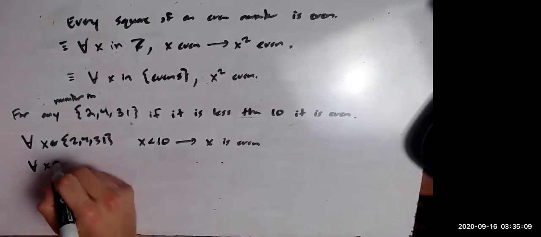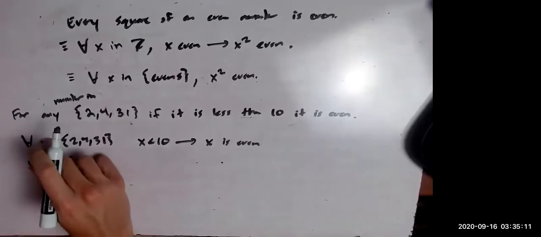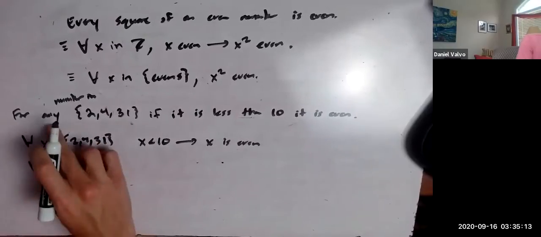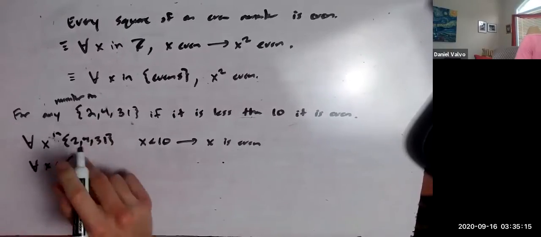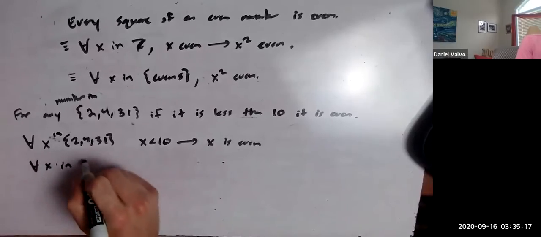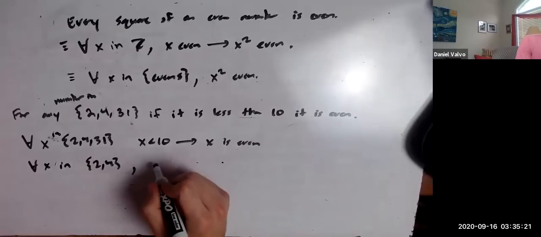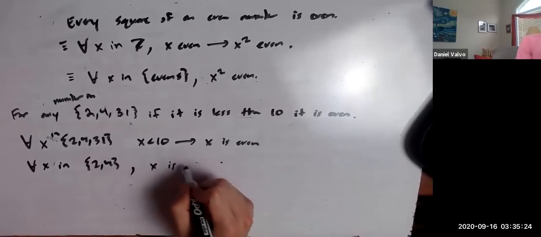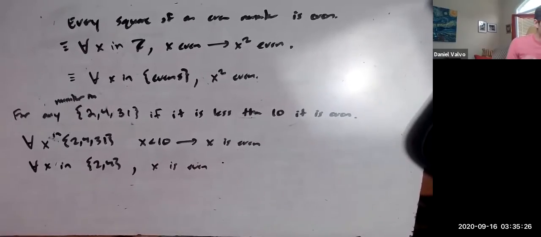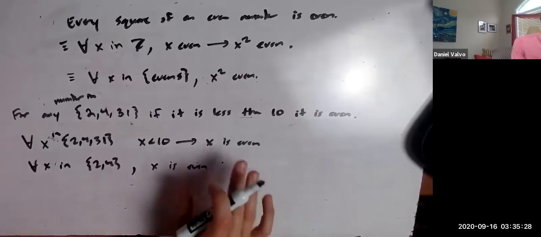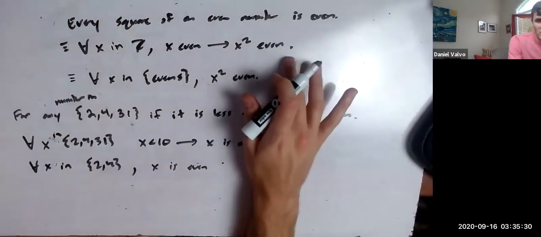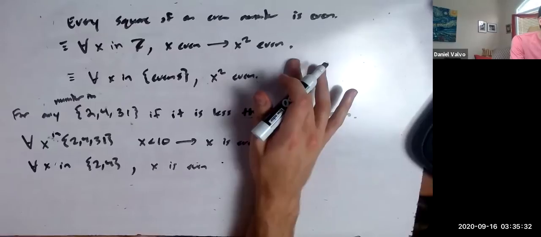You could have the domain just be 2 and 4. Yeah, you could just restrict the domain to begin with. For all x in 2, 4, x is even. The point is, if you have any universal conditional statement like this, you could write it as just a straight up universal statement